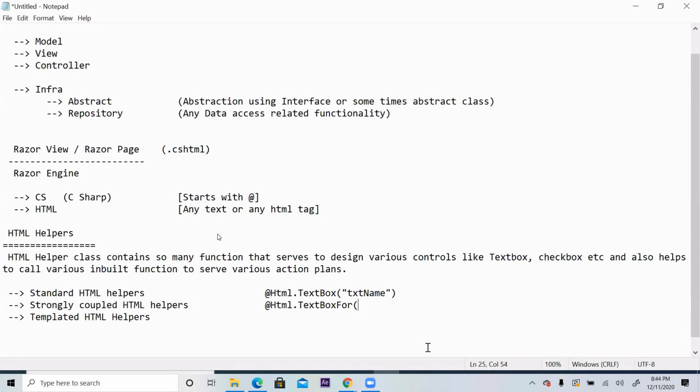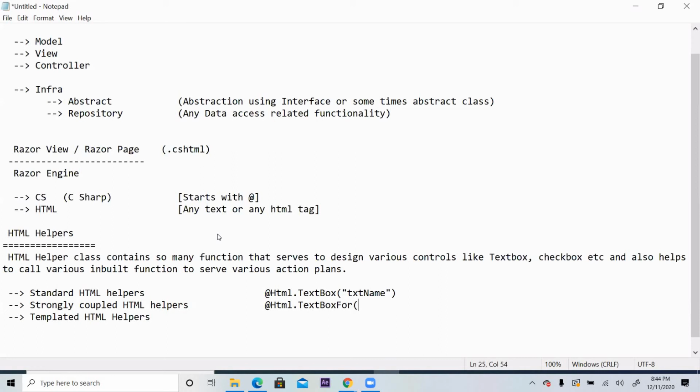That means whenever any model data comes from the controller, name will display in this, or roll number will display in this, or marks will be displayed in this, something like that. And whenever I enter data on the screen and submit the button, this text box data should always go and sit in so and so property of the model class. If that is the intention, then you have to go for the second variety.